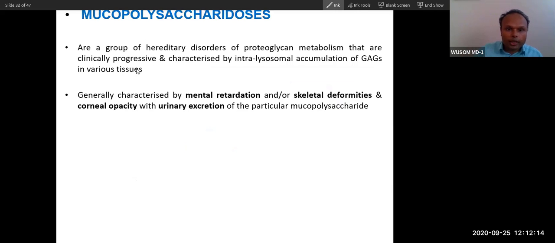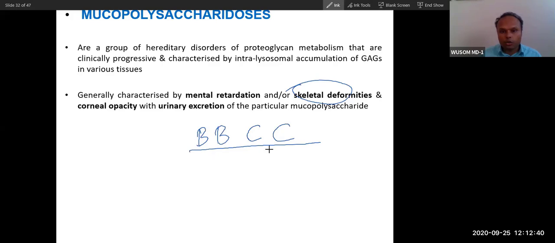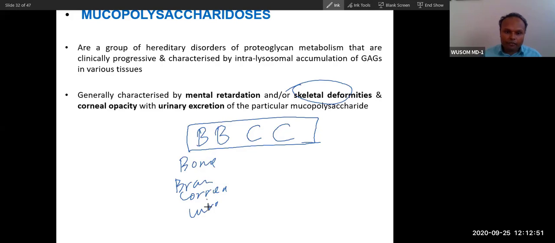So mucopolysaccharides you have seen. Now let's talk about the disorders of mucopolysaccharides. In mucopolysaccharide disorders you will see these features: skeletal manifestation, that is bone manifestation, brain manifestation, cornea manifestation, and cutaneous manifestation. So bone, brain, cornea, cutaneous. The mnemonic is BBCC. Four types of manifestation you will see in patients with